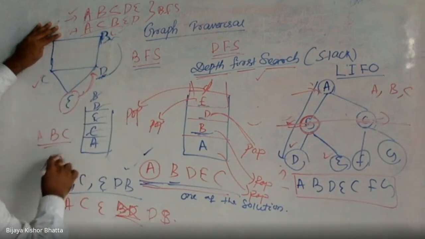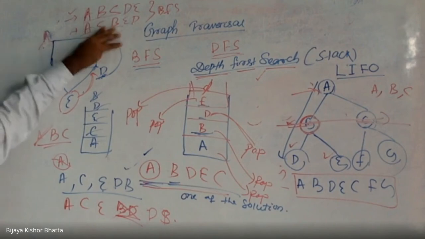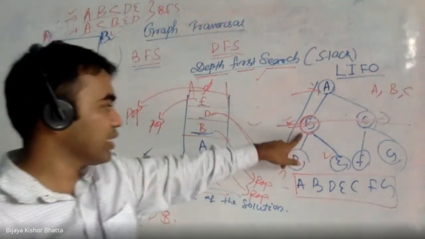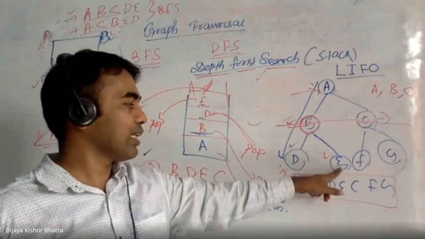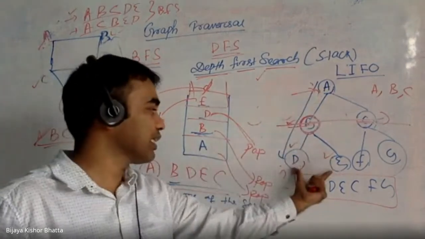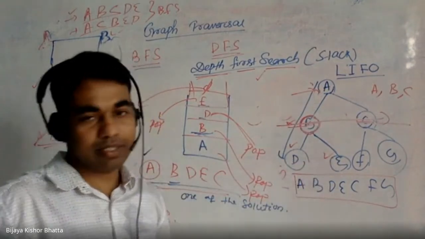So A is processed. Suppose I will process B now because A is processed. Who will be adjacent to B? There may be a thousand nodes. Like for B in this example, D is adjacent. A is also adjacent, but A is already processed, so D and E are adjacent. So I can cover D and E.